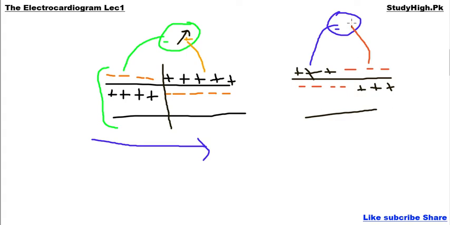In this condition, we receive a negative deflection of the voltage meter, because negative is connected with positive and positive is connected with the negative terminal of the voltage meter. So after some time, all cells of the membrane will return to their original repolarized form, having negative inside and positive outside.